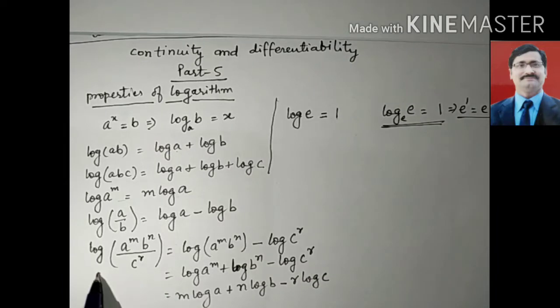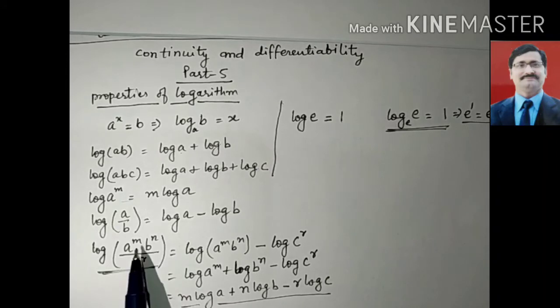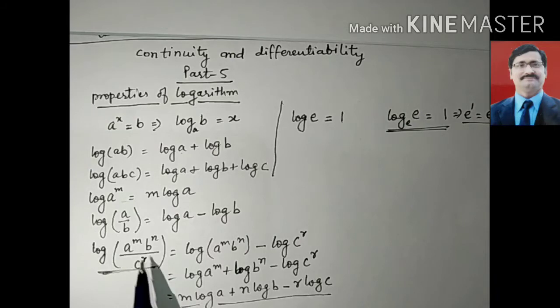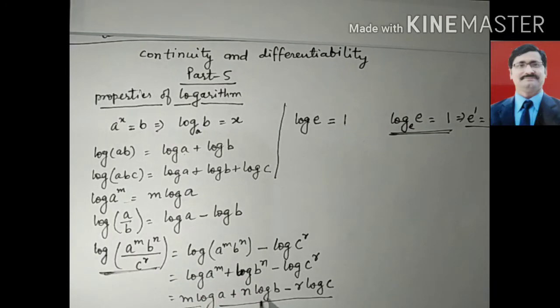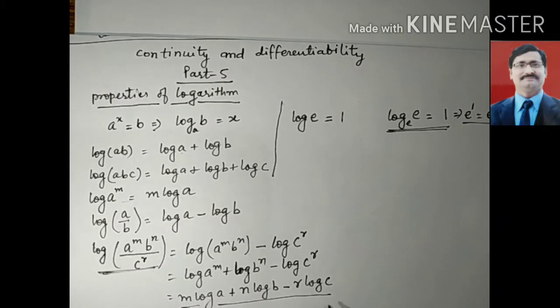So look here, if this is given to you, you can write this directly also. Means power you write in multiplication format. And if a and b are given in multiplication, you can write plus. And second, this power also you can write n log b, and in divide you have to write minus. So do all of you understand this?